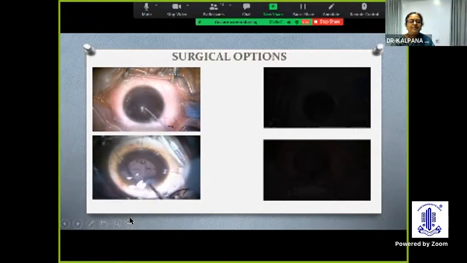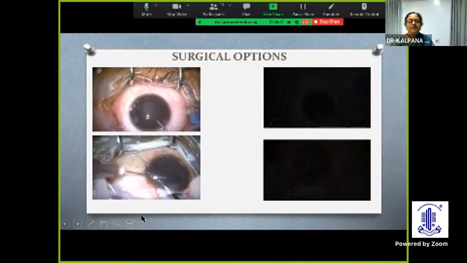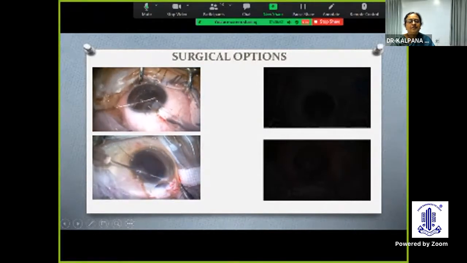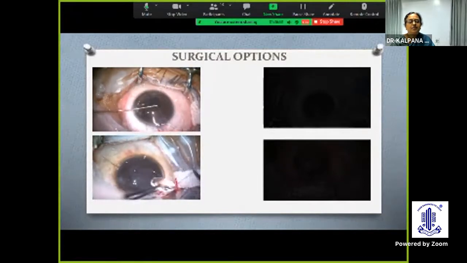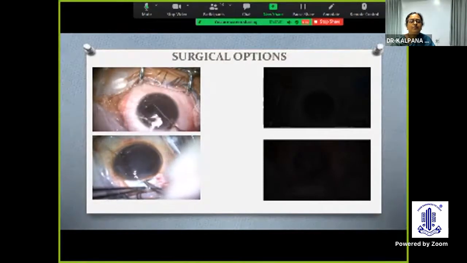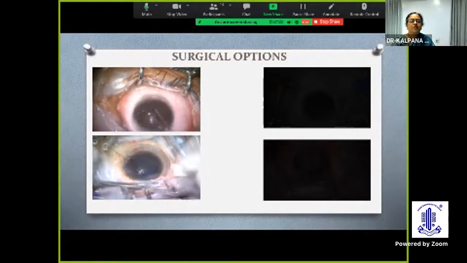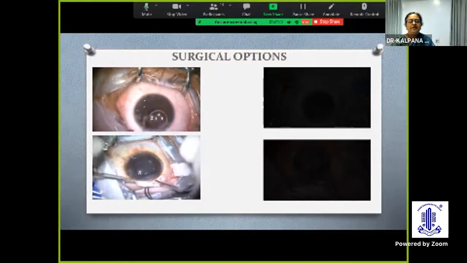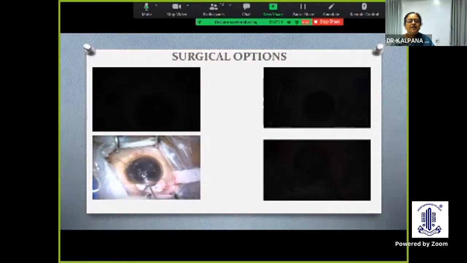Thank you. So we put the CTR. What we did differently here was, because we were able to keep the capsule, I did an iris fixation. I do this technique where there is a compromise, at least if there is at least 270 degrees support of the posterior capsule, this would be a good option, where you place a 3-piece lens in the sulcus and suture it to the iris with the 9-0 Prolene suture at 3 o'clock position, or a temporal iris, so that it gets fixed and the lens is in position. Then you do a posterior capsulotomy to clear the visual axis and close the wound.